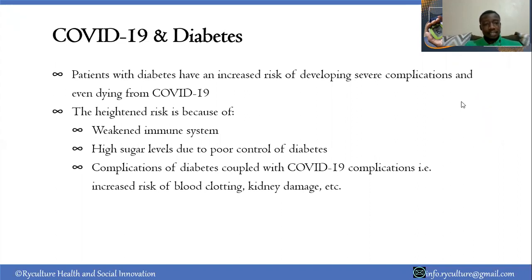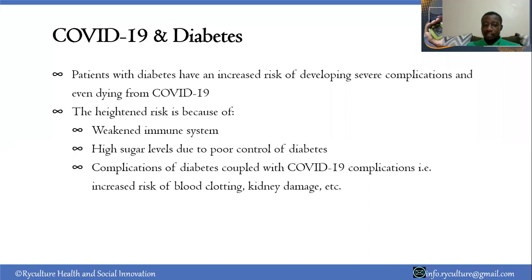So if someone has diabetes, getting coronavirus presents them an extra risk to be more sick. And if they get severely sick, chances of dying as well are increased. So that is why we need to look at it from that angle. And why is this the case? From the evidence that is coming up, it's not conclusive. There are still gaps within the system. But you have to know, when you have diabetes, your immunity is reduced. You have a weaker immunity, and with a weak immunity, chances of getting any other infection are already heightened.